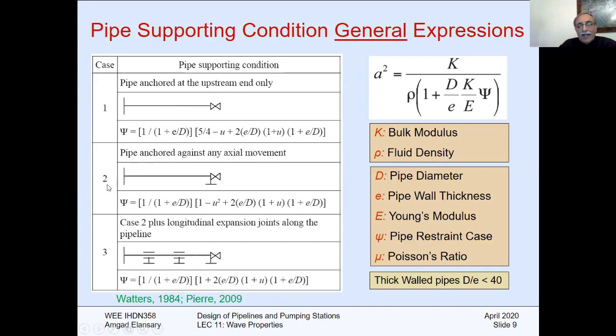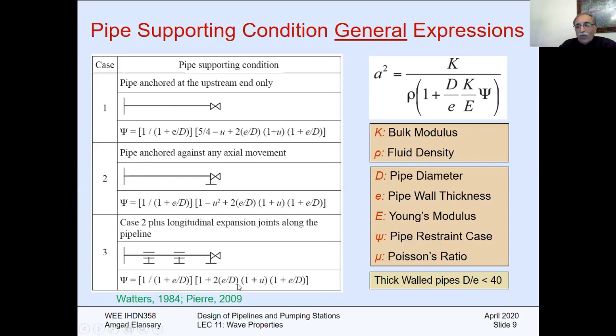The second case is the pipe anchored against any axial movement. This is no movement along the axial direction at all. So there is a fixation here at the reservoir and a fixation at the valve. And this is the equation. We can notice 1 minus mu squared here as the parameter. And the third one, we are going to use the same as case number 2, with some longitudinal expansion joints here along the pipeline path. So psi here we call